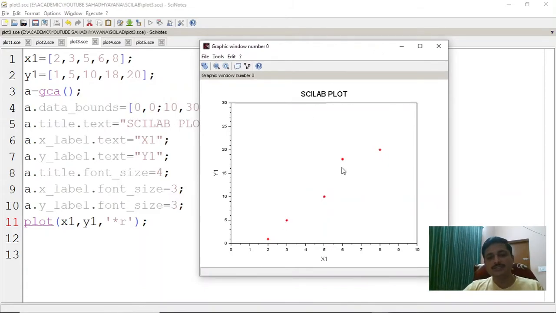Now you are just going to get the points because you have changed the style of the plot to asterisk. So basically this is changing the style of the plot. You have changed the style of the plot to asterisk and changed the color to red. But if you have held the graph, the initial window, and over that you put asterisk, you will get those points as asterisk. Okay, you can work on it. It's interesting. Okay, nice. Now I close this.